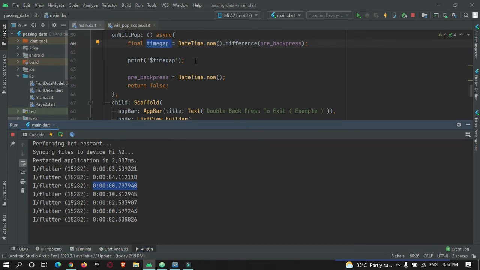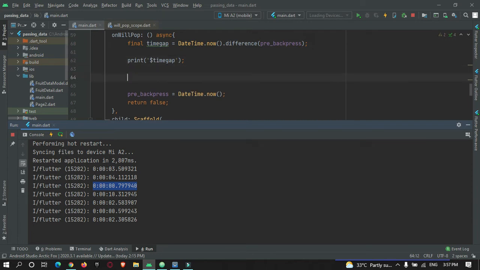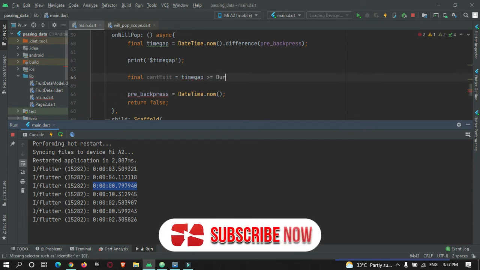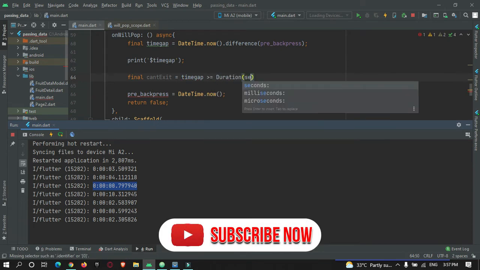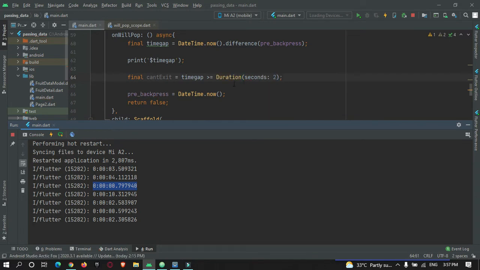So let's define it: final canExit, which will be of type boolean, if timeGap is greater than or equal to Duration of seconds 2. Here we are storing whether the time gap is greater than 2 seconds. If it is greater than 2 seconds, the app cannot exit.